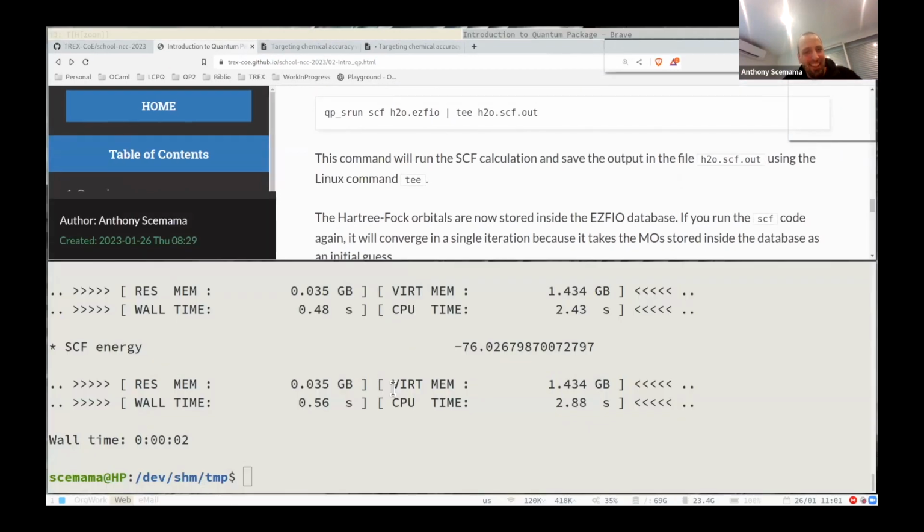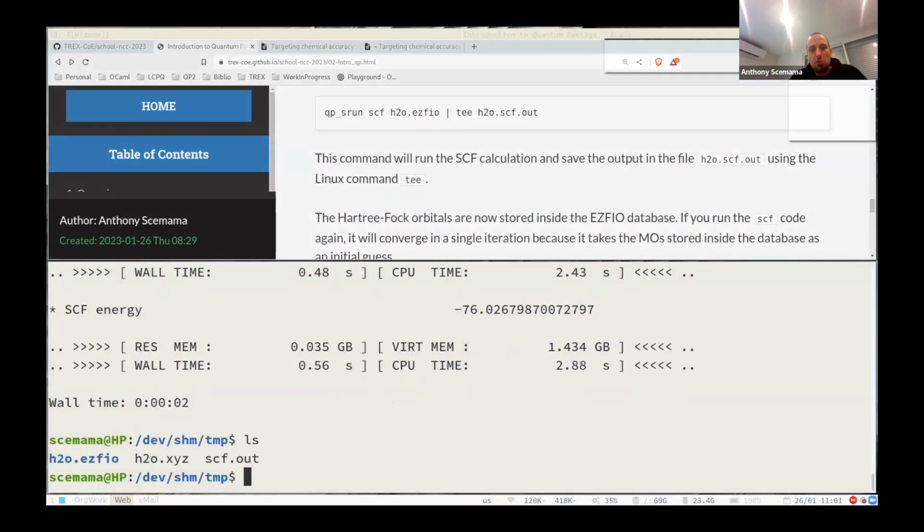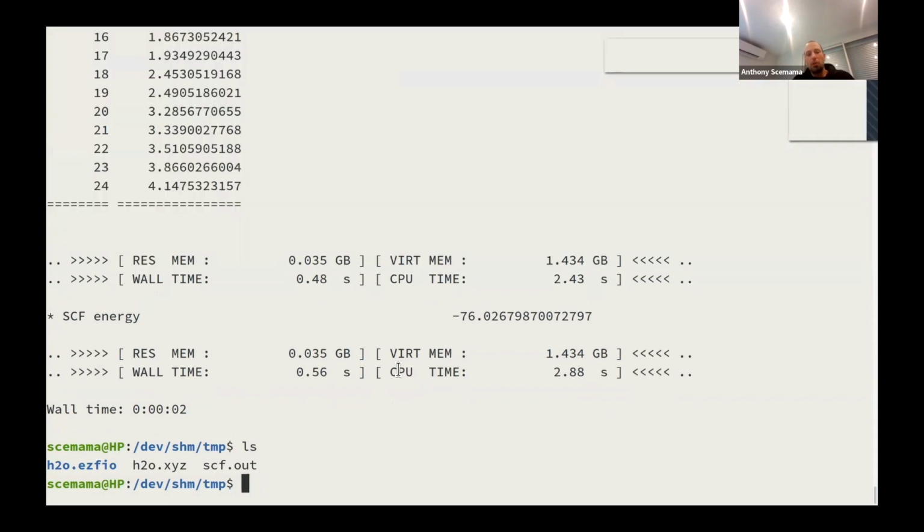Yes. Okay, so here I just showed you a way to run an SCF calculation. Then with Quantum Package, you have to interact with the database.